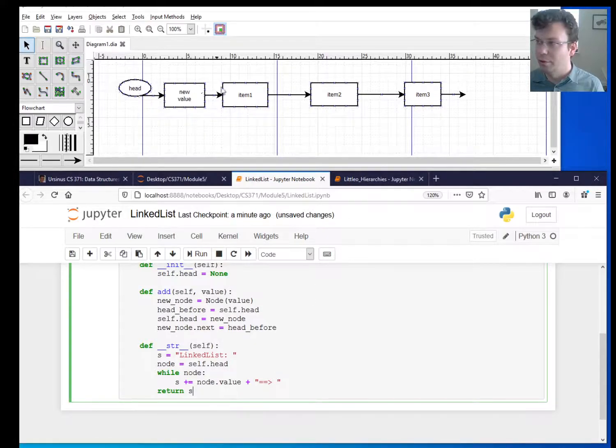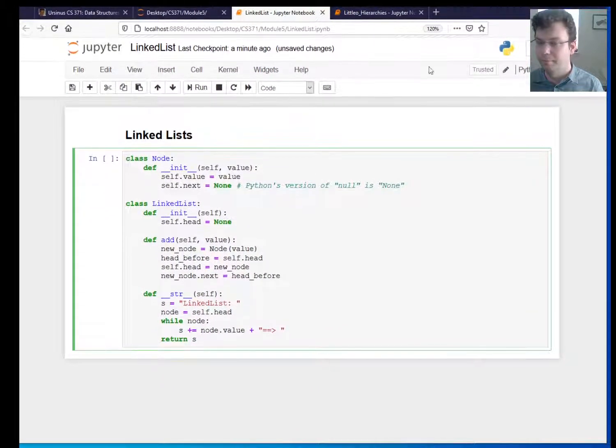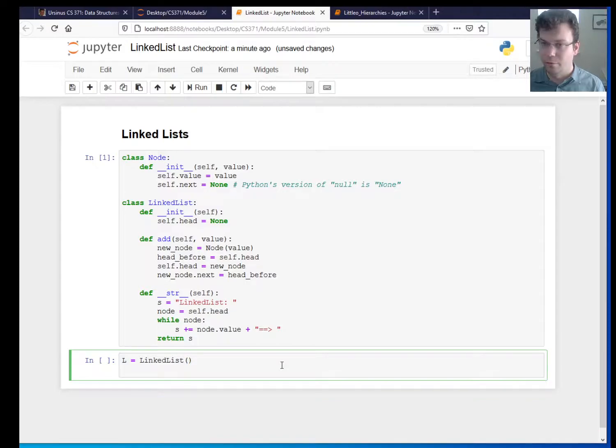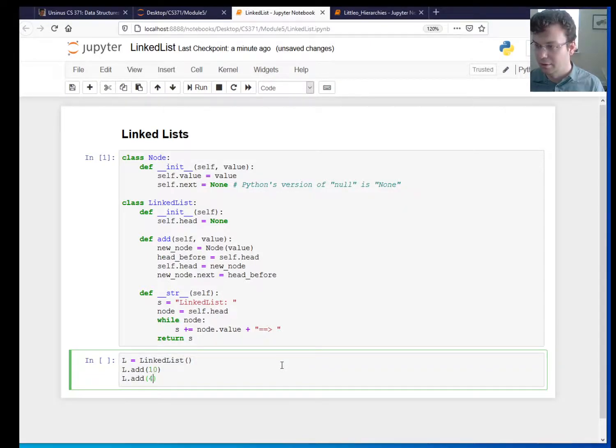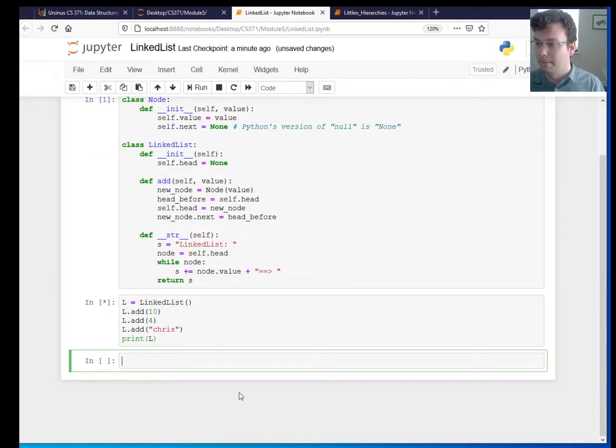All right, so hopefully we understand what a linked list is. I'll come back to this when I show other operations, but let me make this a little bigger so we can see all the code together. So here's my linked list. So let me test it out. And I'm just going to put a few values. So I'm going to say l.add, so they're always added at the beginning. So I'll add a 10, then I'll add 4, then I'll add a Chris. Actually, the cool thing about Python, I never specified the type of the value, so it can be any type. So now if I say print l,